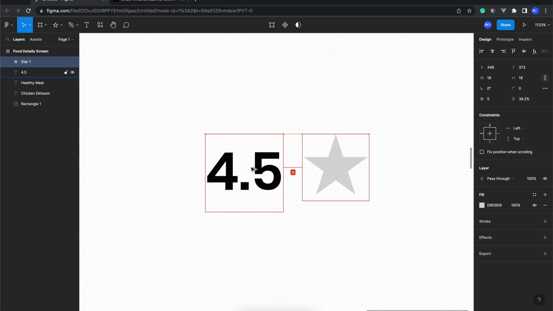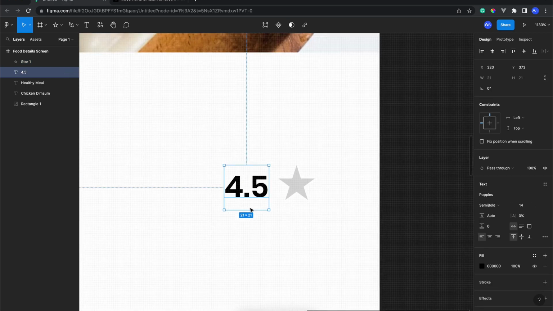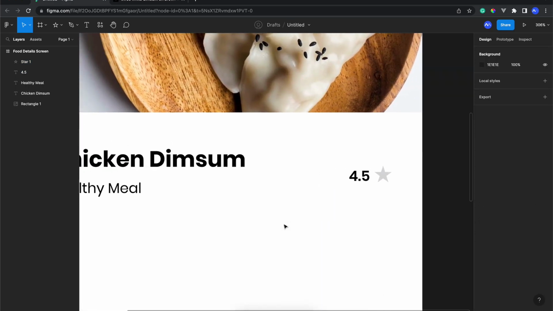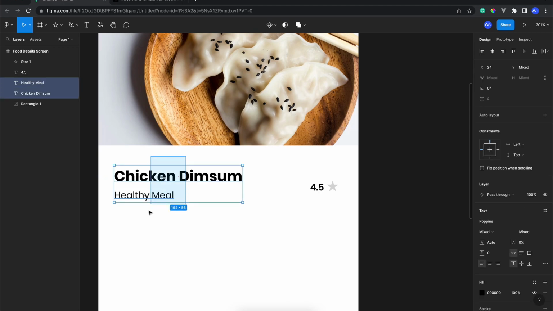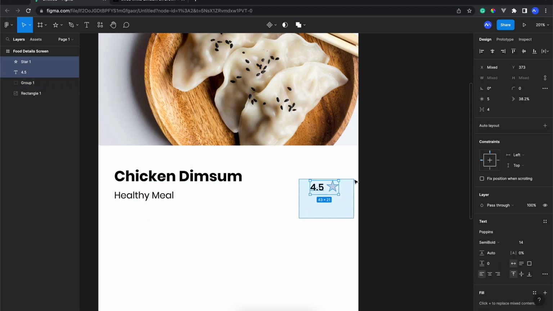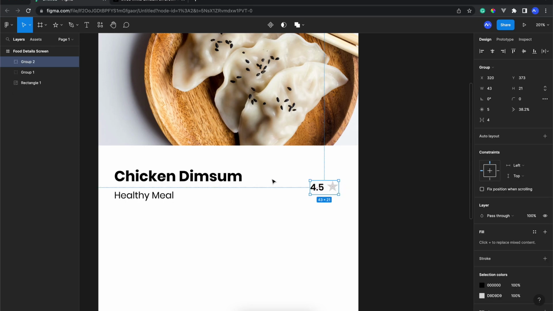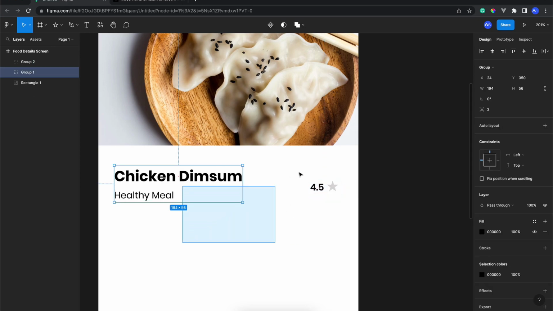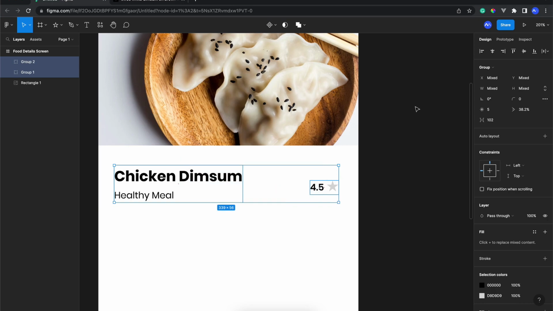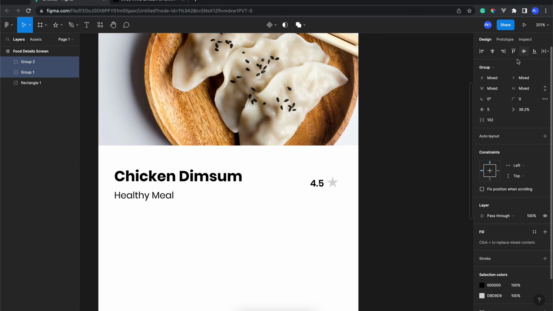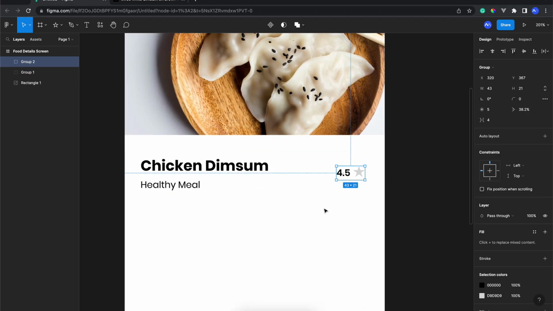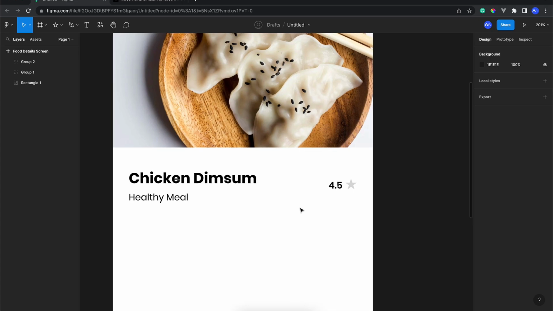So we're gonna set the margin left about 4 pixel, and after that we're gonna select this layer and press Ctrl G to make it a group, and these layers Ctrl G, and then we select all of these groups, and then we make them align vertical center like this. Okay, so just make sure the margin right is 24 like this.